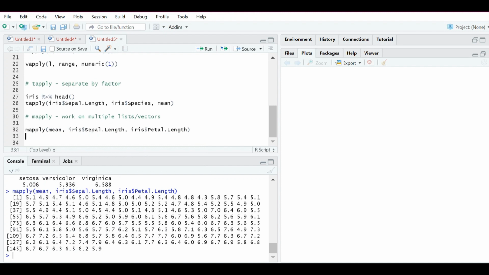Okay, so there you have it, an overview of the apply functions in R. I hope this tutorial has given you all you need to start using the apply functions in your own work,